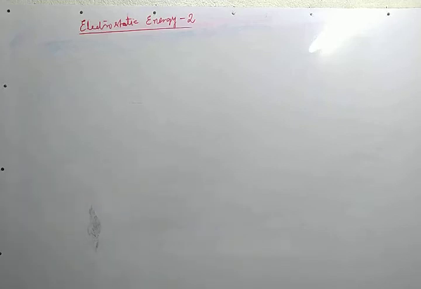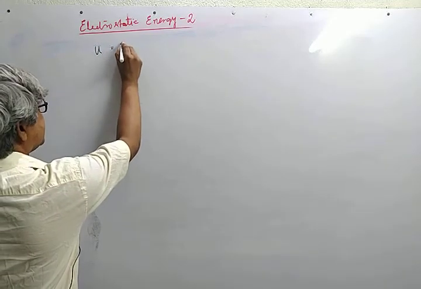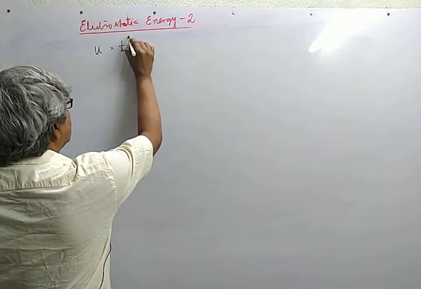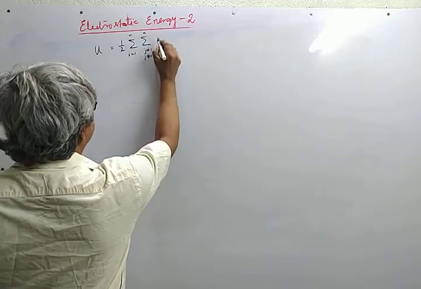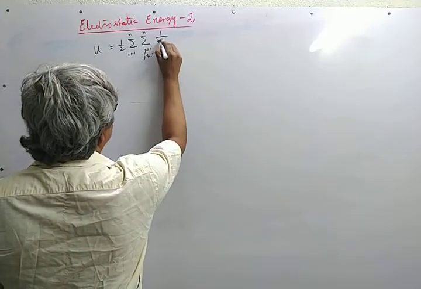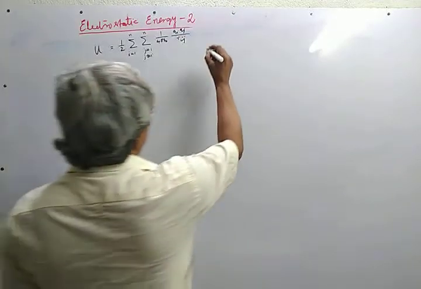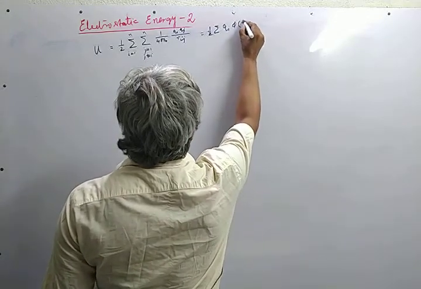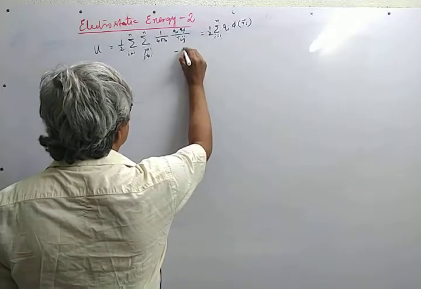The second lecture on electrostatic field, electrostatic energy. In the earlier lecture, we found out that for the discrete distribution of charges, the electrostatic energy of a system of discrete charges is governed by this energy, and which can also be written as